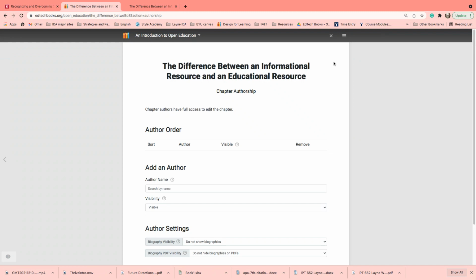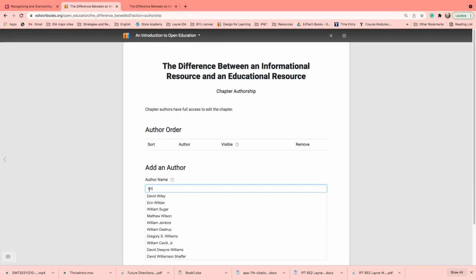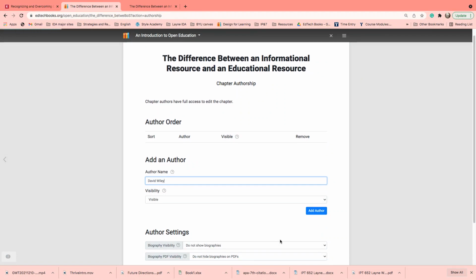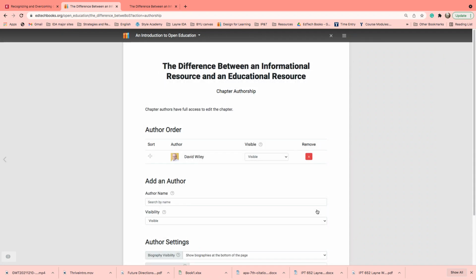Then I'm going to add an author. Adding an author is very easy if the author's already in the system. If not, just contact the administrator of the site and they'll add the author in. I also want to show his bio at the bottom of the page, so I'll use that drop down and add the author. Now I have David Wiley as the author,